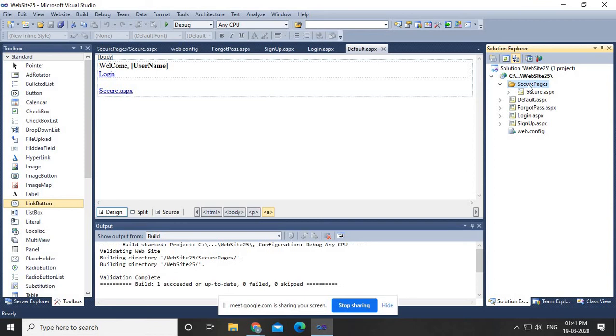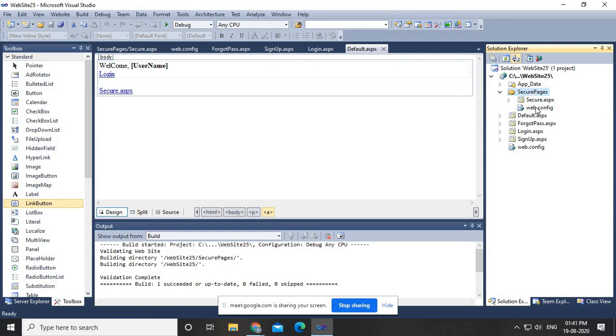Without login it will not open. Now see, one more thing I have to show. You just click on the refresh button, and once you click on it, a new web.config file gets created. And this is a special web.config file for this directory.